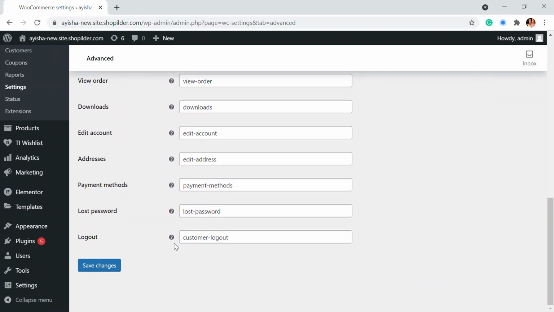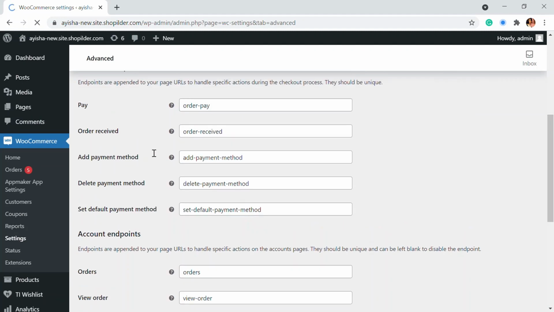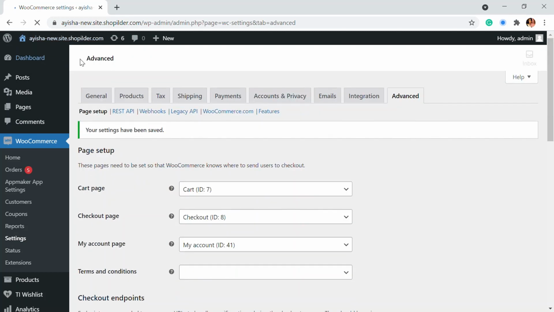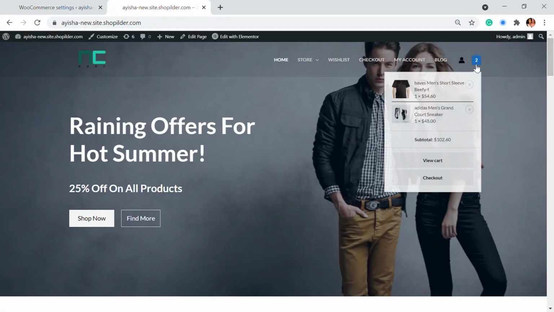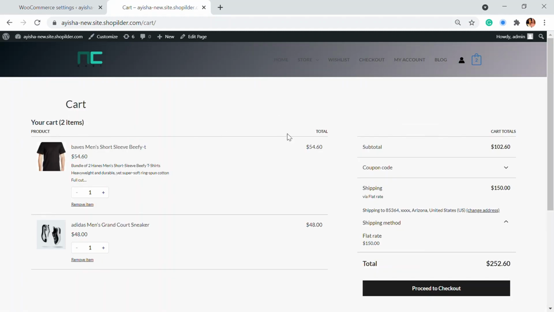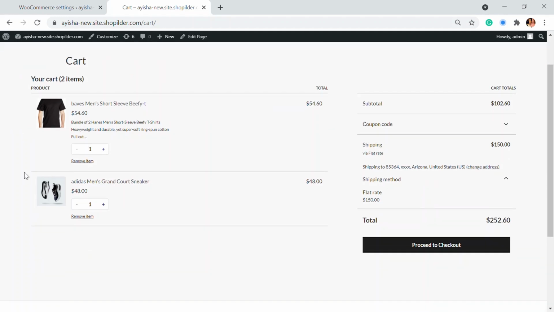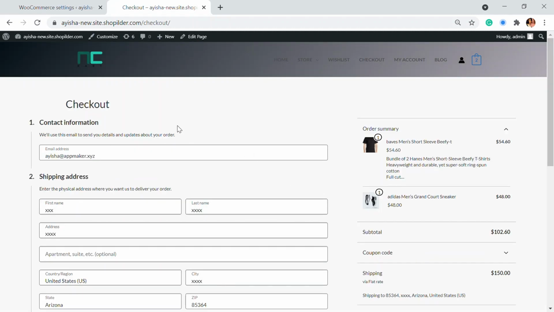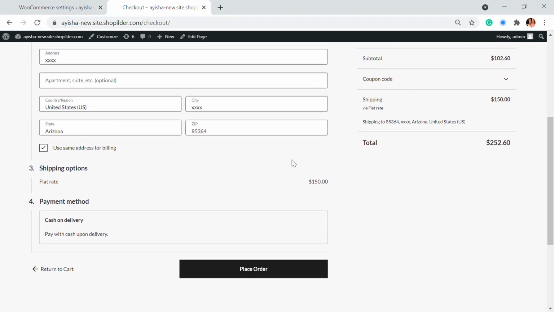Okay. So we're going to save the changes, and let's go back to our website. Let's click on the cart section. And here you will be able to see that we have our new cart page that's ready. Here you can see the products are there, the checkout is there. So this is completely different from what we had earlier. And when you click on proceed to checkout, you will be able to see that the checkout is similar to what we had in Shopify. The Shopify page, it's similar.